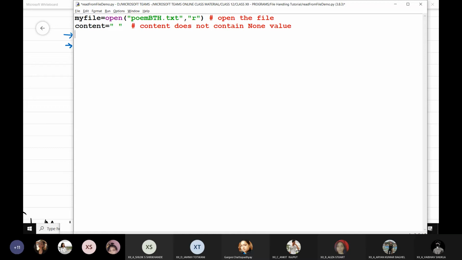It should contain at least one single character which is valid. That's why we are giving a space in the beginning. Now we write while content, that is, while there is some valid character in content.